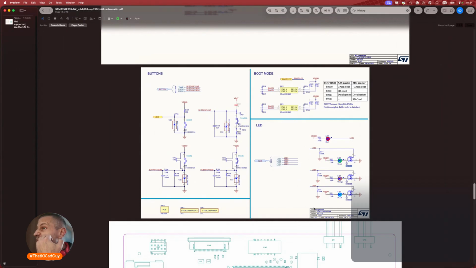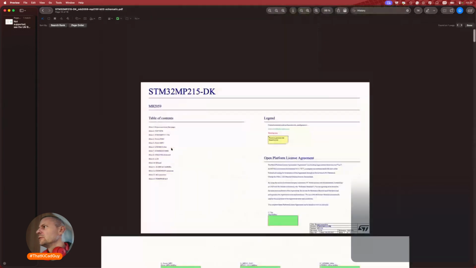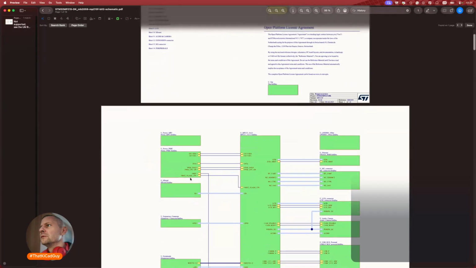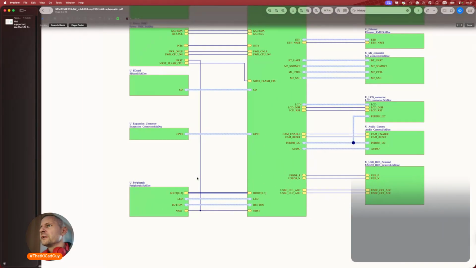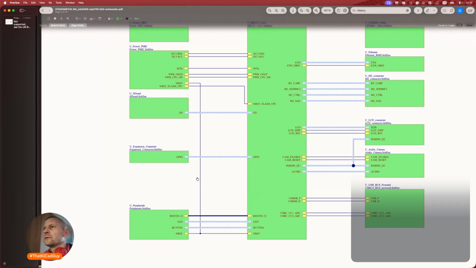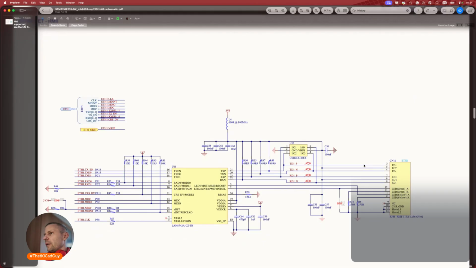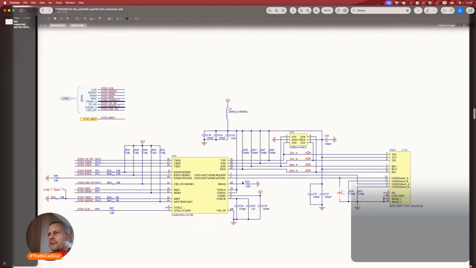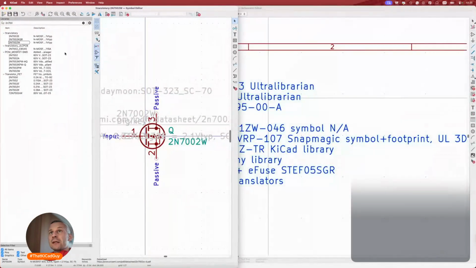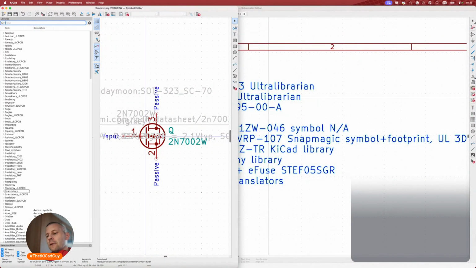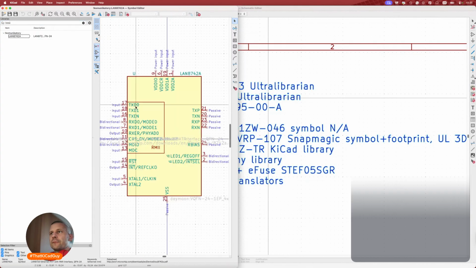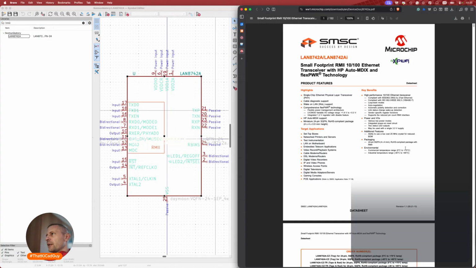Some details, unimportant details. Okay, this is everything about peripherals. SD card, expansion connector. LPDDR, Ethernet connector. We need this. That's 100 megabit. Yes, 10/100,